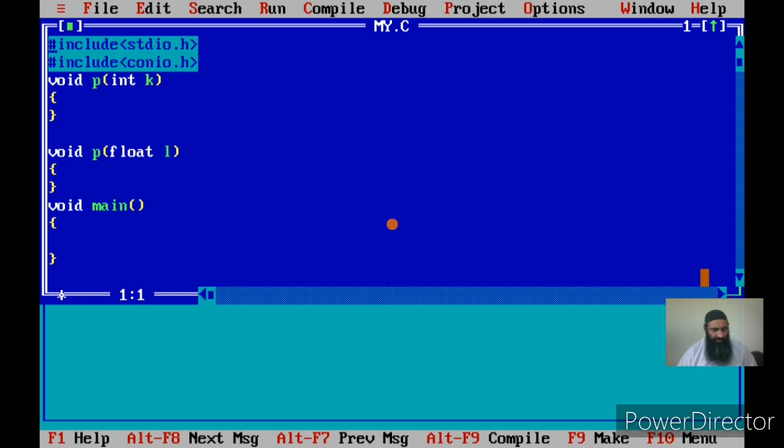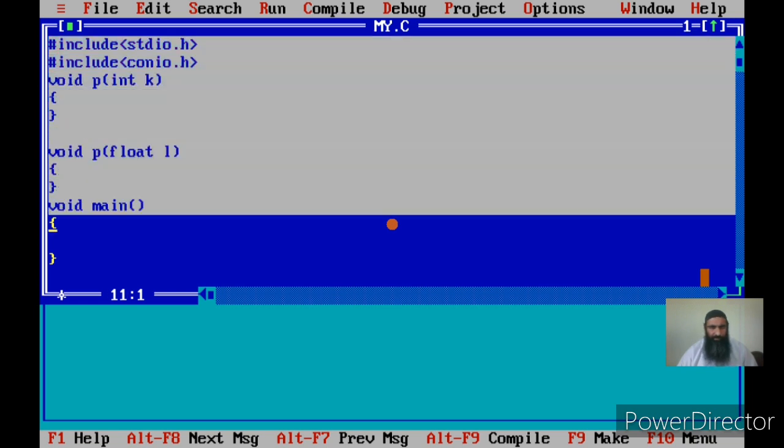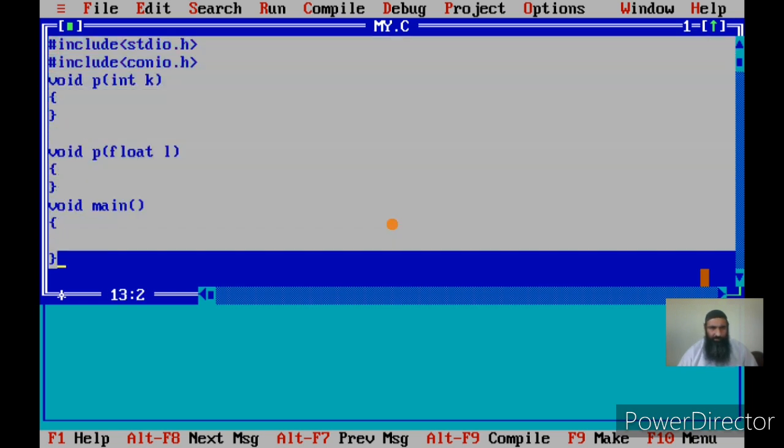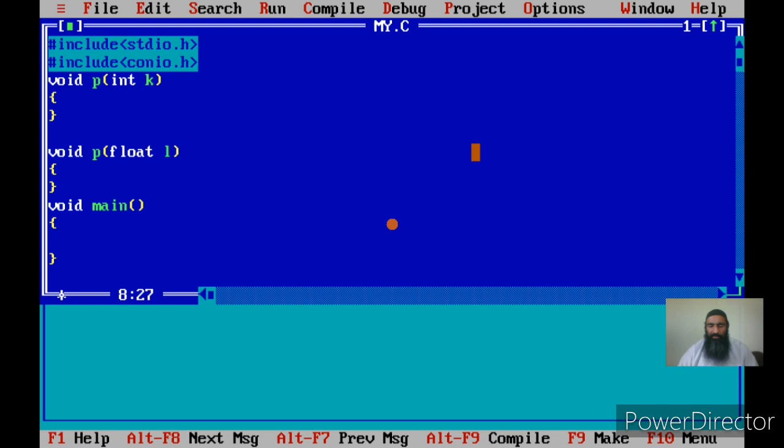I'll copy this program. Let me first compile this program, the C program, because I told you I have saved my file with the .c extension.